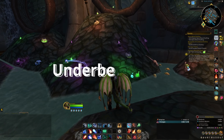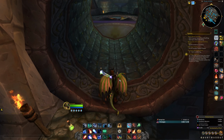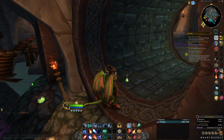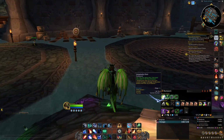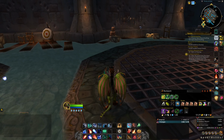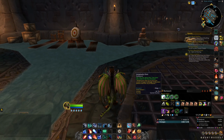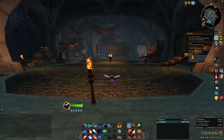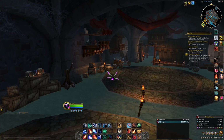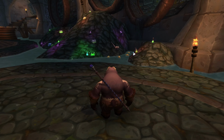Next up is the Underbelly Elixir. So after a few dire brews, iron boot flasks, and some judgmental questions about your life choices, you're probably caring a lot less about what's going into your body. Perfect time to pick up some Underbelly Elixir. As in real life, drinking it can cause several fun effects, like turning you into a flying hornet or a Tuskarr with a massive bonus to fishing skill. They can be looted all over the Underbelly and, well, wait, what is...